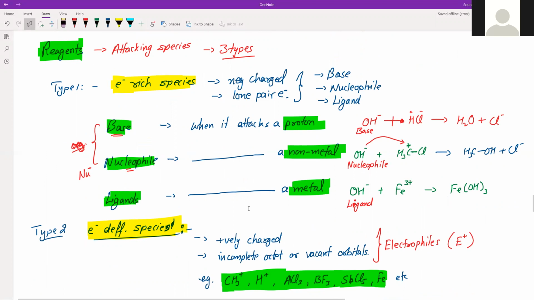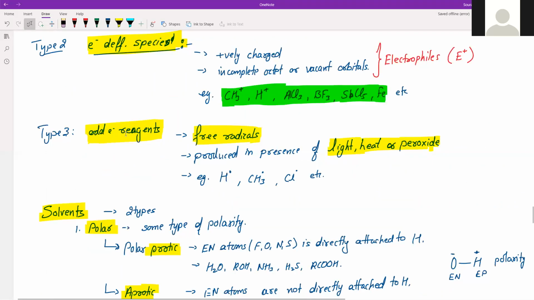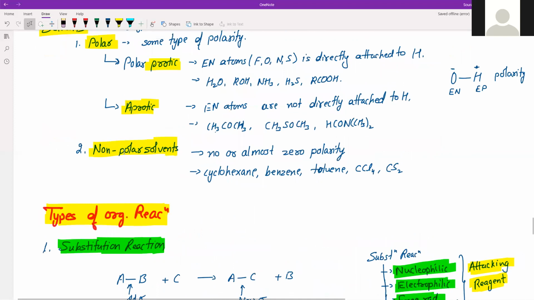Those are the reagents which are electron rich species, so they'll attack electron deficient regions. And electron deficient species will attack electron rich substrates. And we have seen even free radicals, or odd electron reagents. Then we have seen different types of